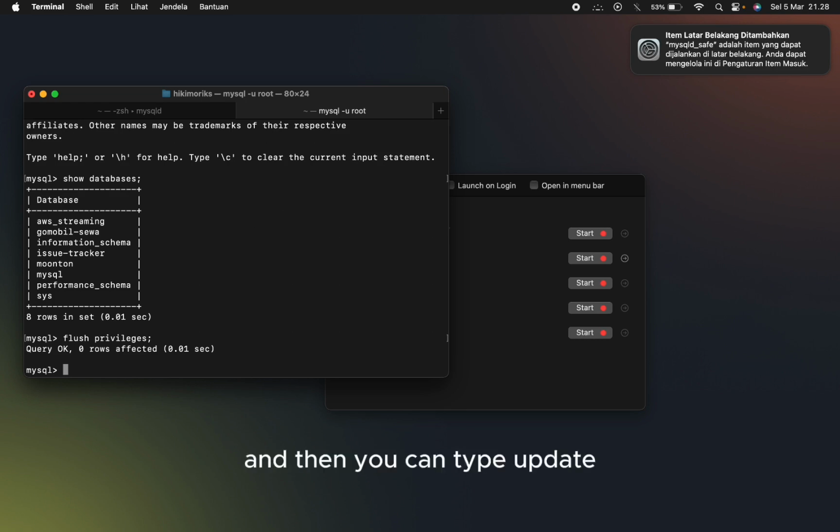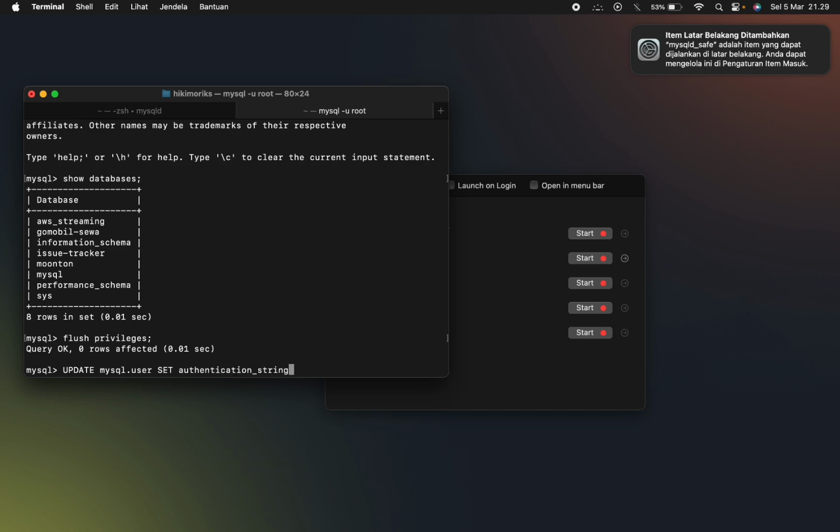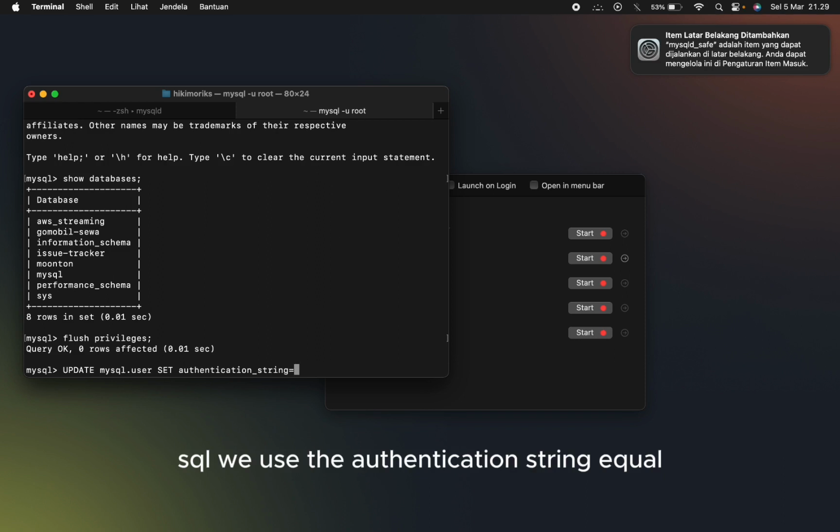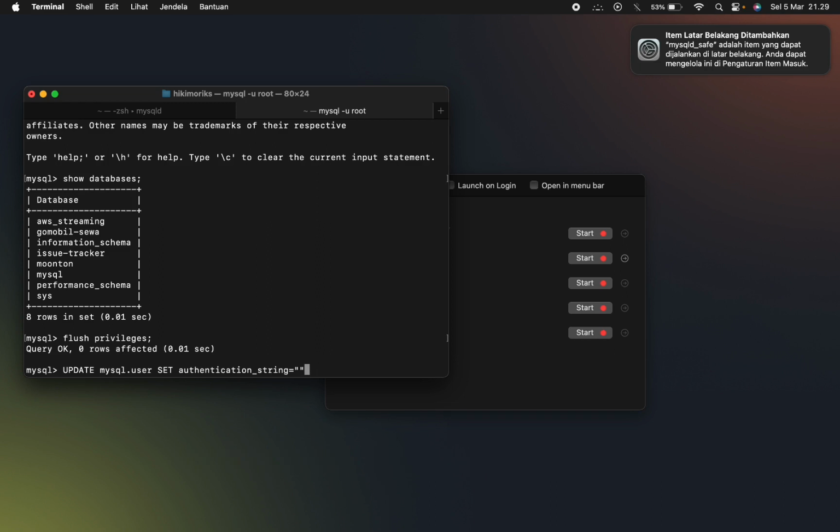Then we can type update mysql.user set authentication_string. In the old MySQL we use set password and a double-quoted string, but in the new MySQL we use authentication_string equal, and we type the authentication string as a double-quoted string.